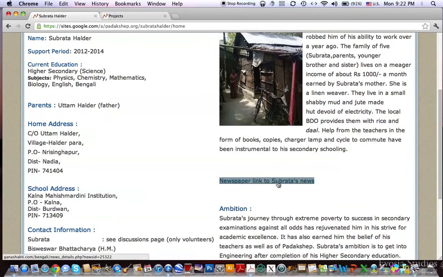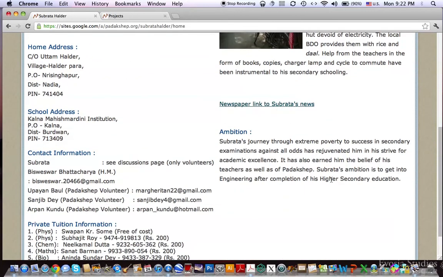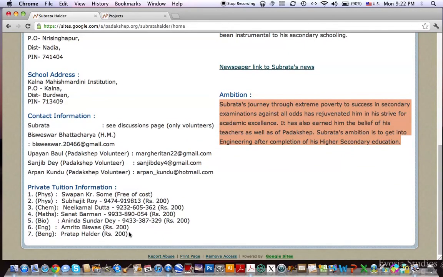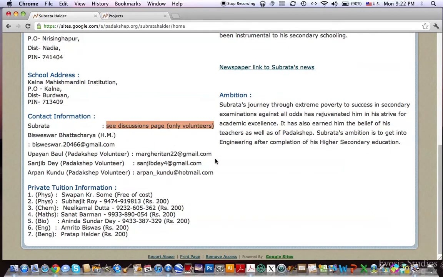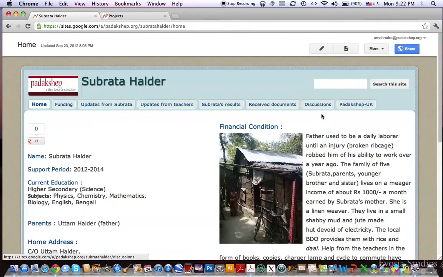There is the newspaper link where we got the original news, and there are a couple of words about his ambition, and the contact information here. Generally we don't put the student's contact information on the main web front page because of some privacy issues, so we put it under the discussions page, and that is only visible to the volunteers and not to the general public. So if you go to the funding page,